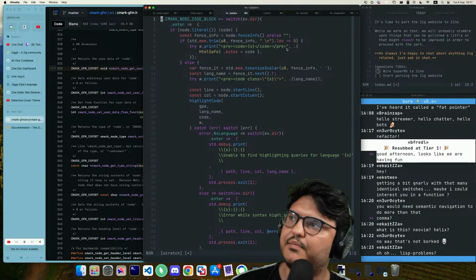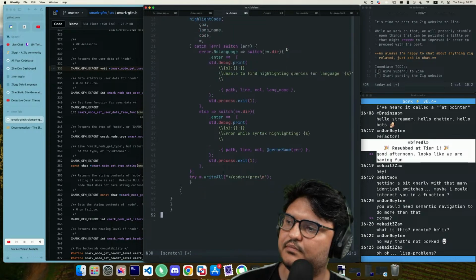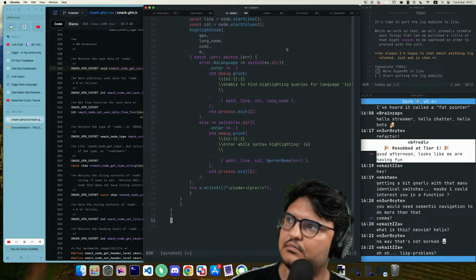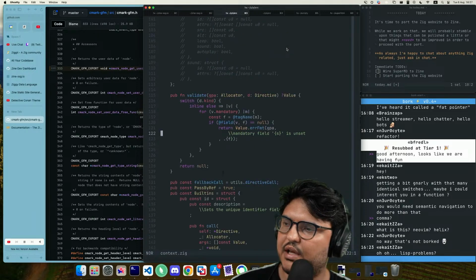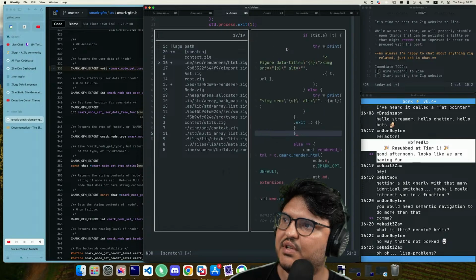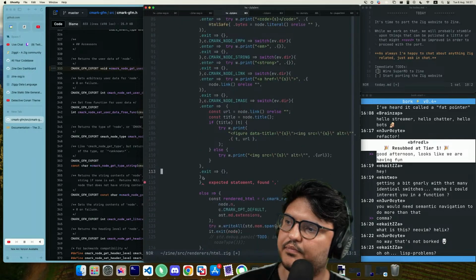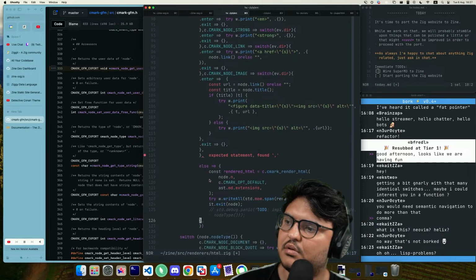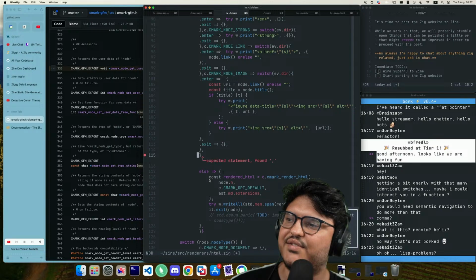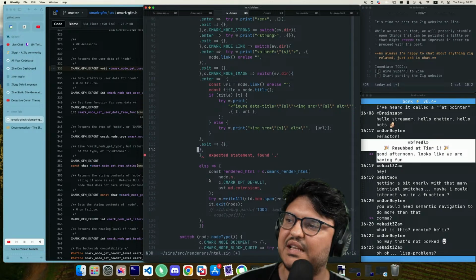I can't format. Damn it. Okay, but this should be it. So let's see the rest of HTML. How are we doing here? Enter. Exit. This closes the switch. Why... Okay, this is insane. Why is this sending me down? I do match this curly and it sends me down.